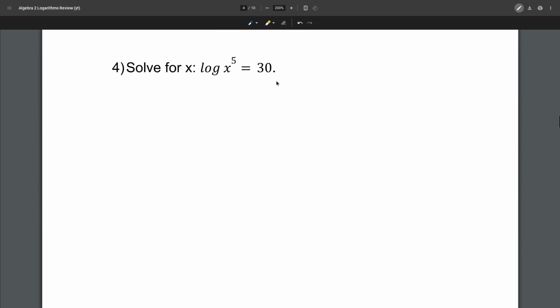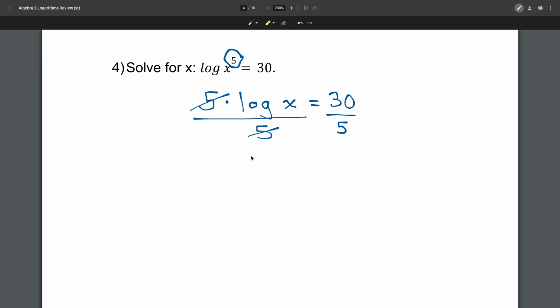All right, this next one, we're going to solve for x. We have log of x to the 5th equals 30. So I'm going to take the exponent, 5, and multiply it by the log of x, and that equals 30. We're then going to divide both sides by 5, and we get the log